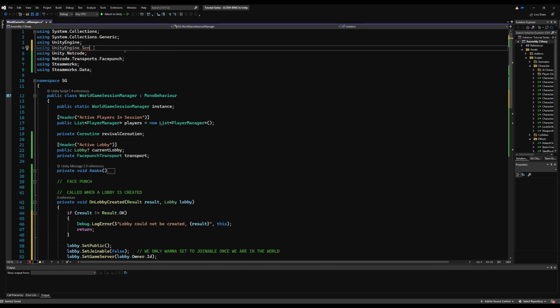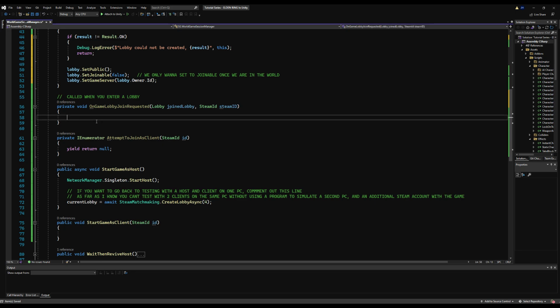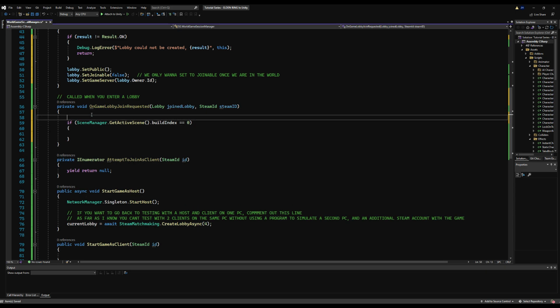So come here and say using UnityEngine.SceneManagement to get the scene that we're in. And now when you enter a lobby, here we go. We're going to say if SceneManager.GetActiveScene().buildIndex is equal to 0. For me, this is my title screen. So if we're on the main menu and we're not in the world scene, we want to let the player know that if they're trying to join a game as a client, not as a host, don't allow it, because you want to send them a message saying, hey, pick a profile and go into your game world first,